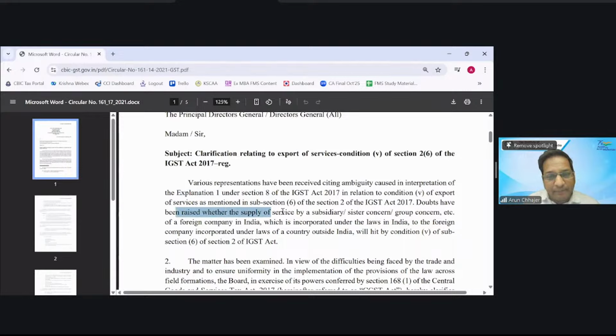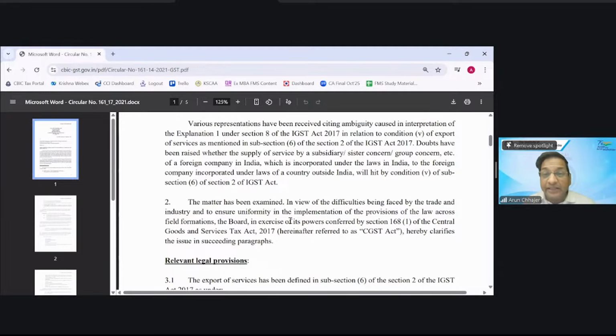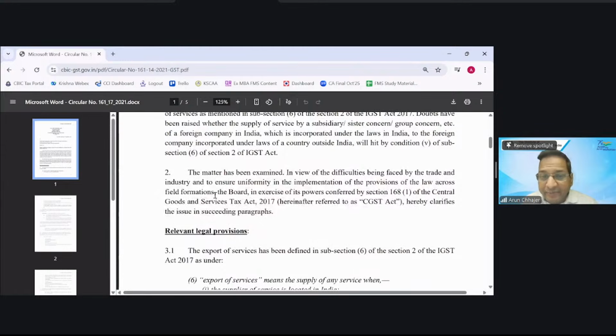Doubt has been raised whether supply of the service by the subsidiary company, by the sister concern, or by the group company, etc., of the foreign company in India, which is incorporated under the law in India, to the foreign company will be hit by the fifth condition or not. The matter has been examined in view of the difficulties being faced by the trade and industry, and to ensure uniform practice, the board, in exercise of the power given in section 168,